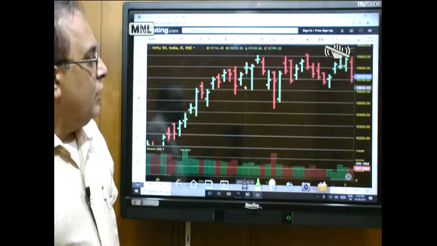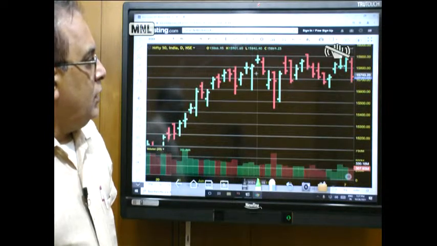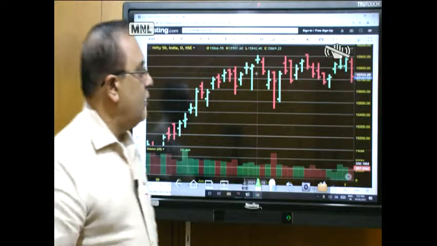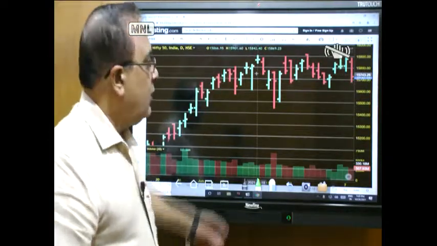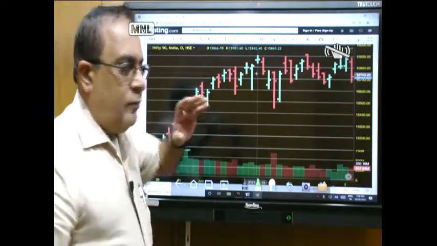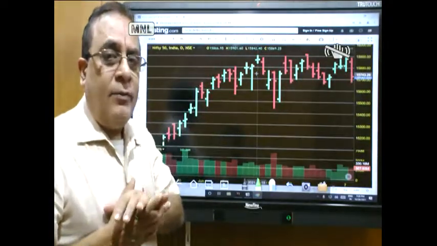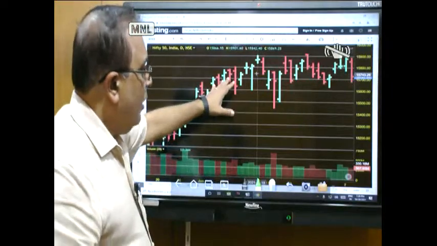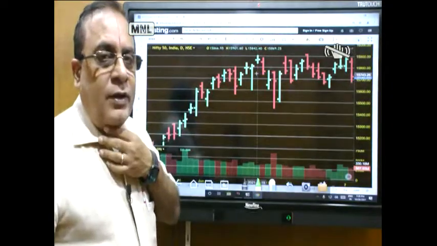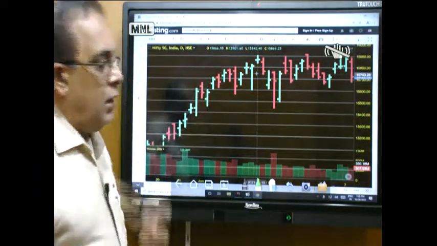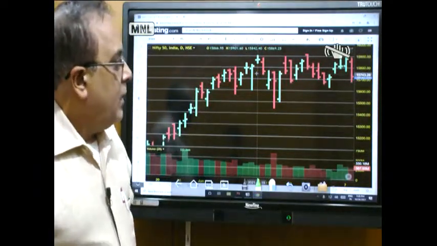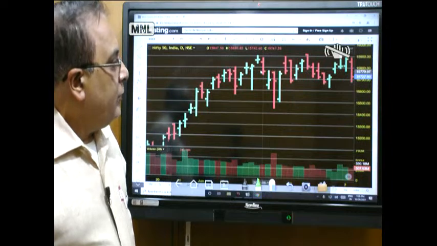So this is another day when it happened like this. And this day, just see, it opened the gap up, okay, but the rally did not sustain much. In fact, the close was almost very closer to the open of the day. So here it did not have much of a fall, but also there was not much of a rally to give profit. So this is one price action like that. And then we will see this particular day also.